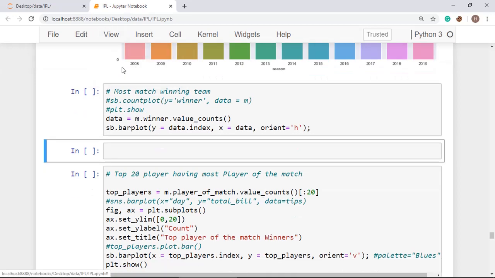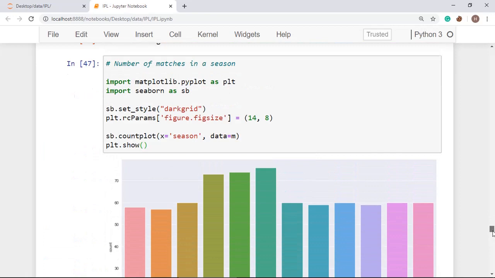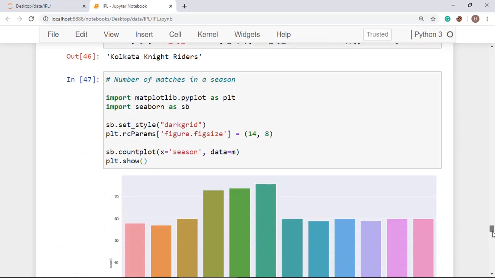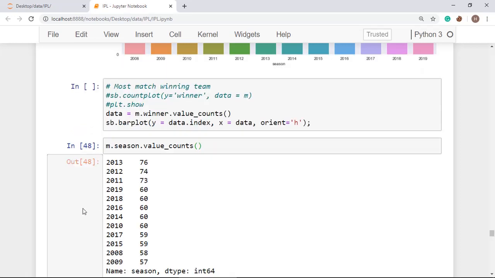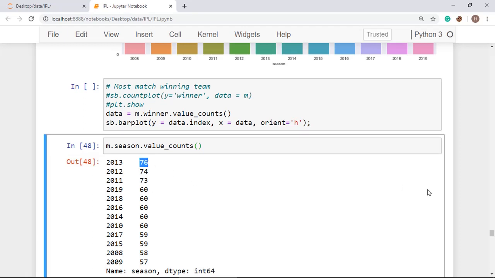Okay, so what you have to do here, what we have done, we have just passed the season and called the data. So we have to apply it on m, and we want season and value counts, and you will be getting values like this. In 2013 you can see 76 matches have been played.